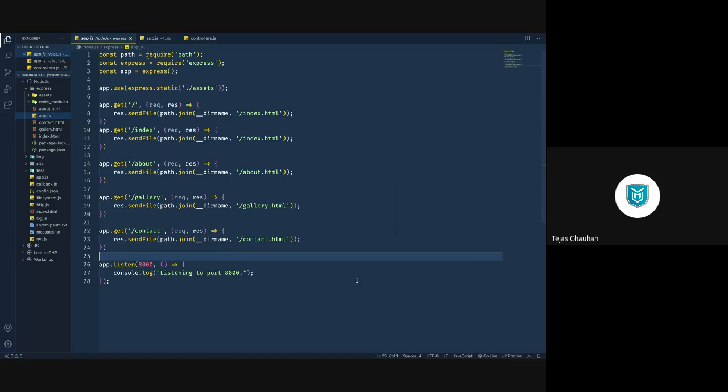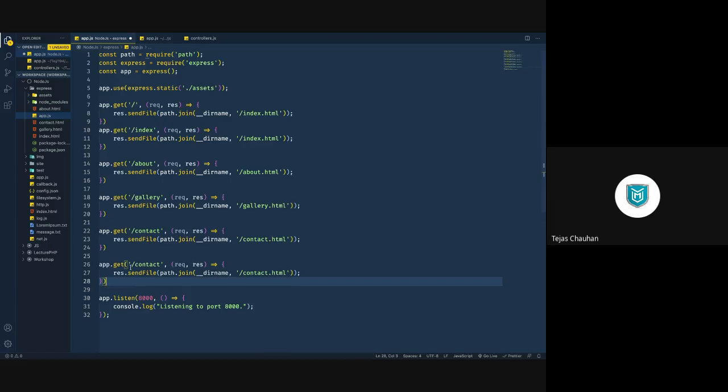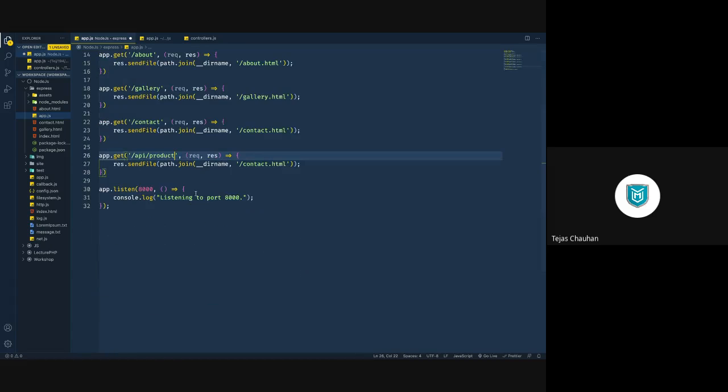Now, when you create an API, what you can do is, well, you can have your own, like, let's say, API prefixed URL or routing, and then let's say product. Okay, so let's say only product you can use to retrieve all the products and send it back. So it is a GET request. It is only the GET request.